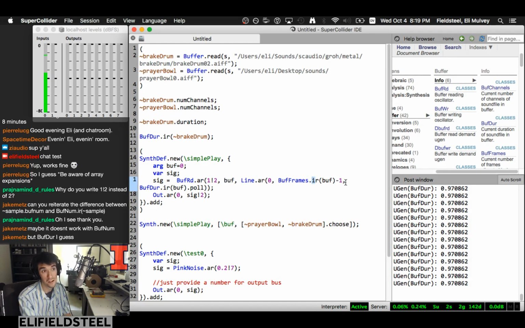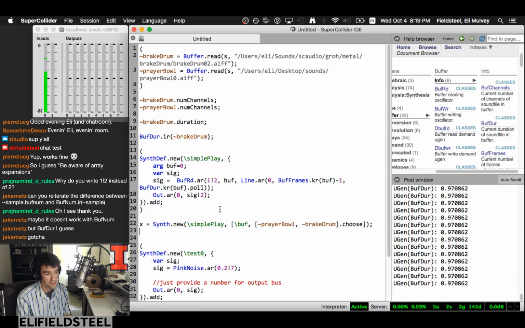And in that case, IR is not going to work. But you can do BufFrames.kr, BufDur.kr. And so this is actually constantly getting a new value at the control rate. And if buff doesn't change, it's always going to have the same value. But we could then, if we were to do x equals synth.set, say buff a different